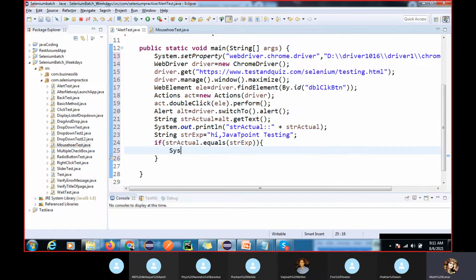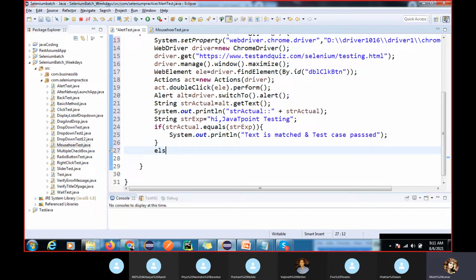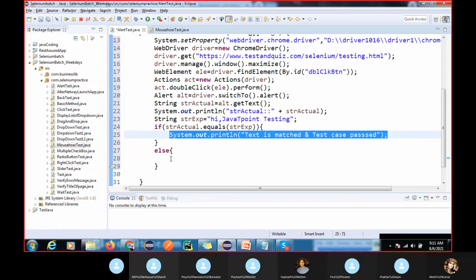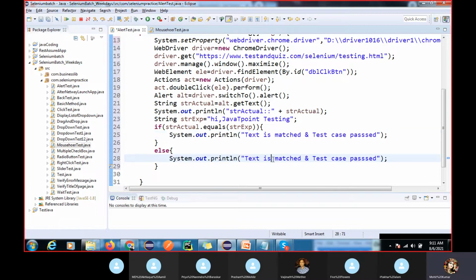So here again System dot out dot println: text is matched and test case pass, or else it is not match and test case failed.